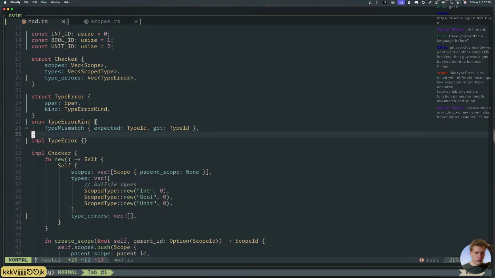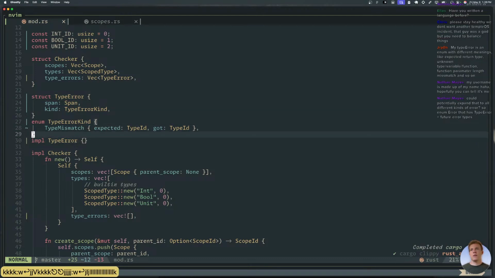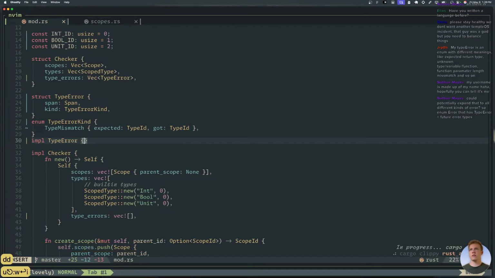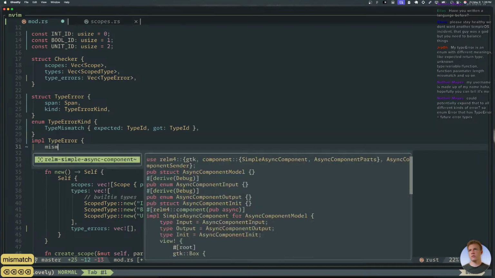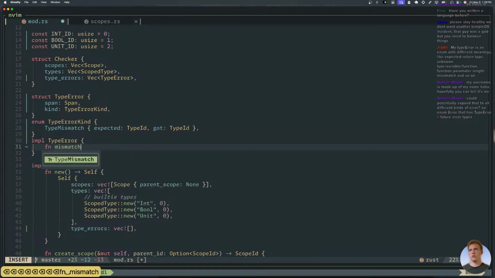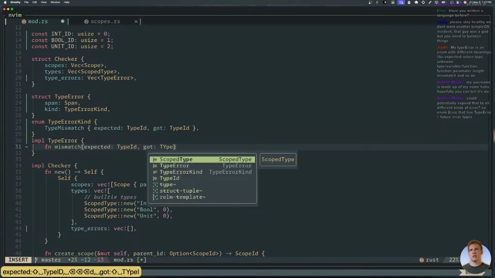Could potentially expand that to the different kinds of error. So enum error has a type error plus future error types. Ooh, good idea. Yeah, we could potentially expand it. For now, I think this will be good. Type mismatch. Okay, so this is our first kind, and then in type error, we'll have mismatch. Expected. Got.